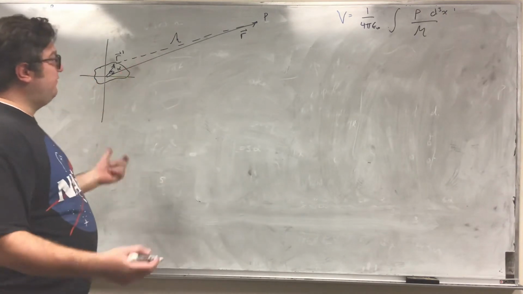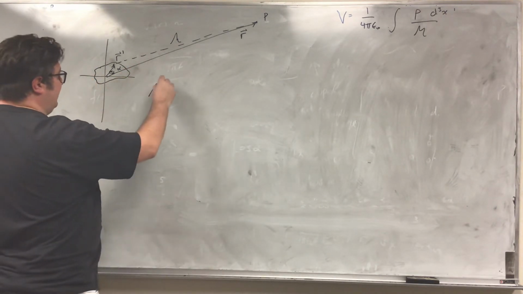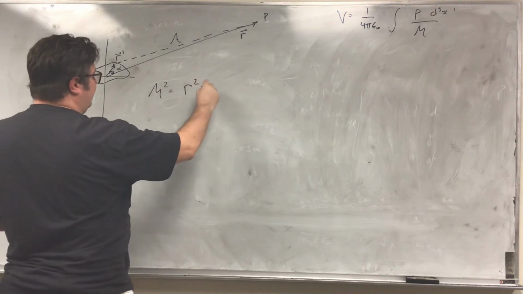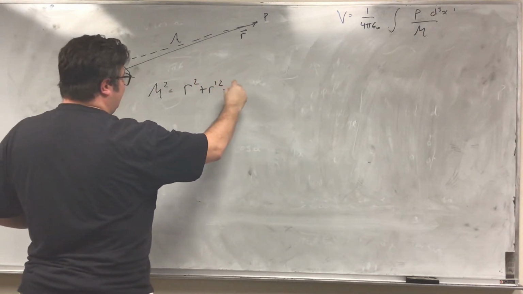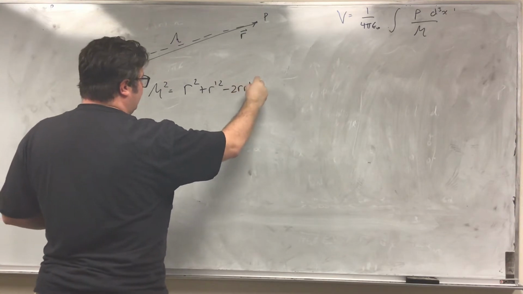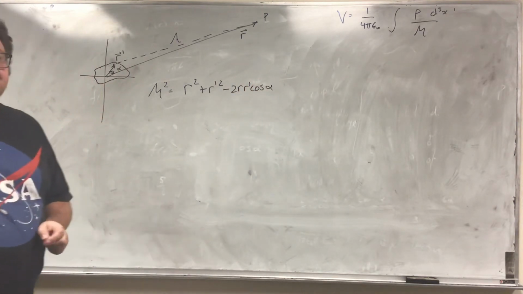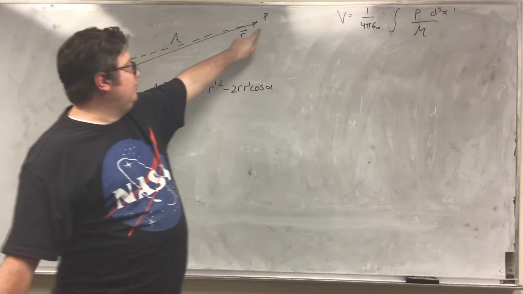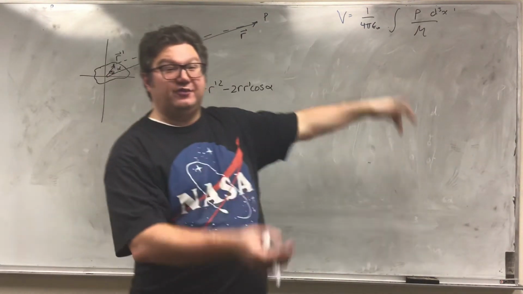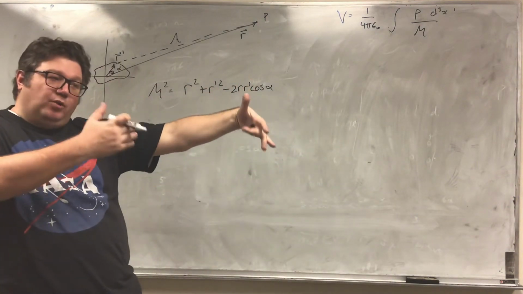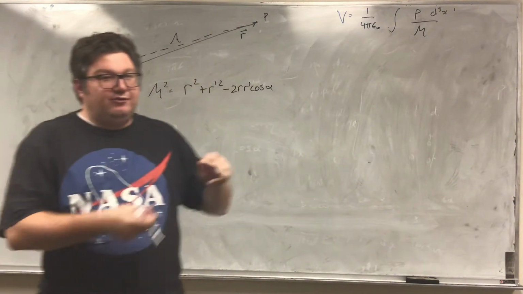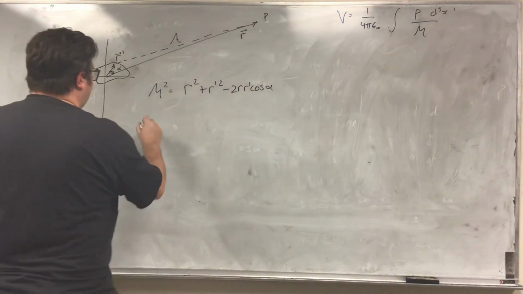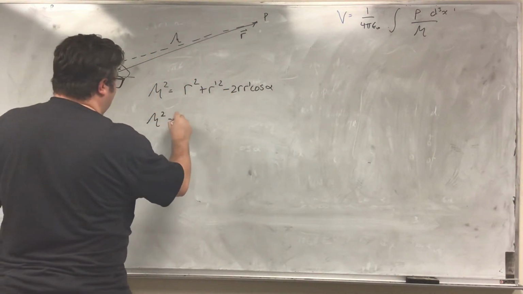So we can figure out what script r squared is by using the law of cosines. It's going to be r squared plus r prime squared minus 2 r r prime cosine alpha. I can factor out an r squared, because we know this point P is going to be very far away. It's like looking at the point where the train goes from seeing one light to seeing maybe more than one light. So this becomes